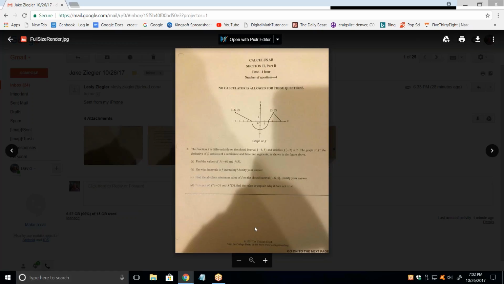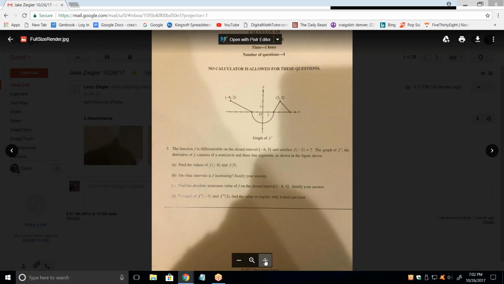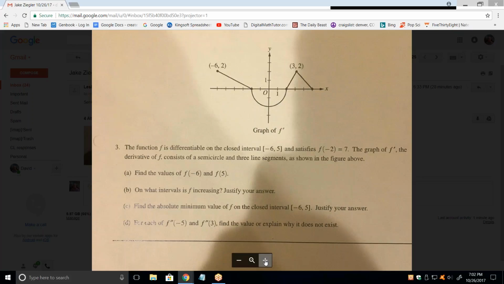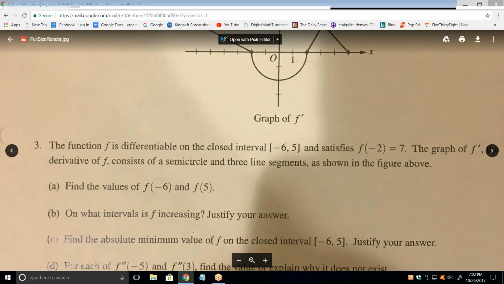Let's try this one. First of all, the free response are absolutely the toughest problems on